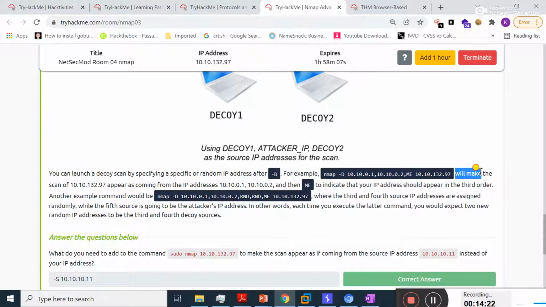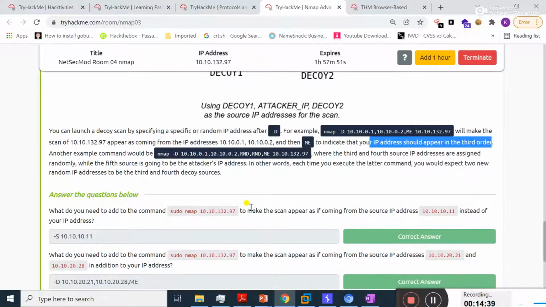This will make the scan of this target machine appear as coming from this IP address and this one. These two are the fake spoofed IP addresses, and ME represents your real IP address in third order.